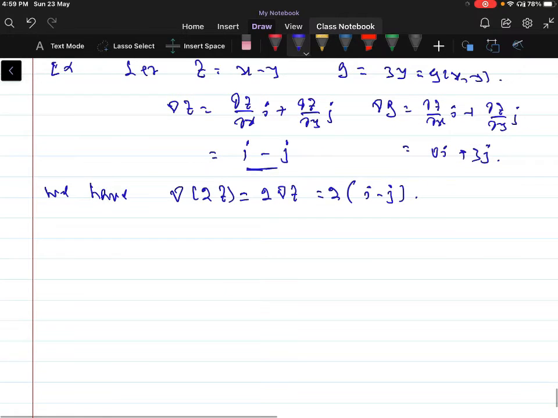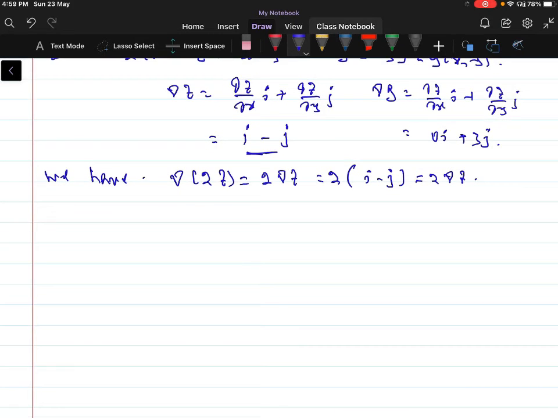So that is equal to 2 into gradient of f. Yes. Now the first point. Second point here, gradient of f plus g. F plus g is equal to, that is gradient of,